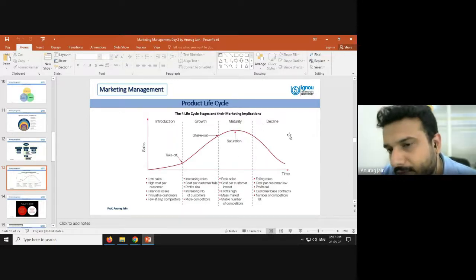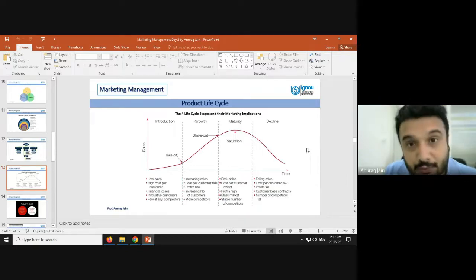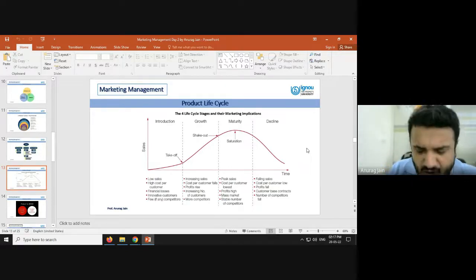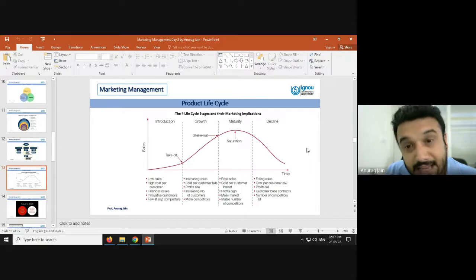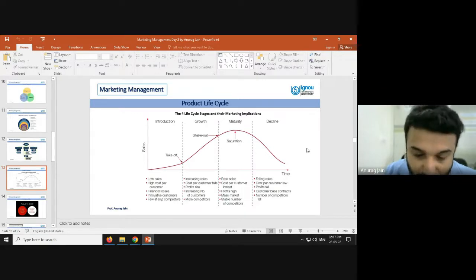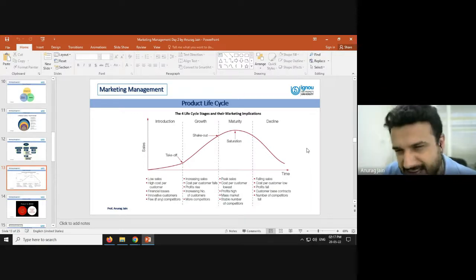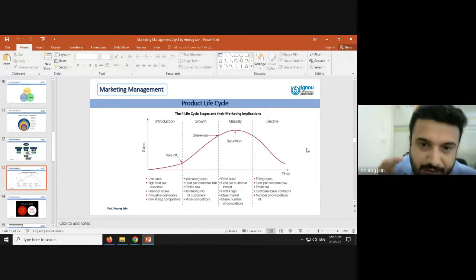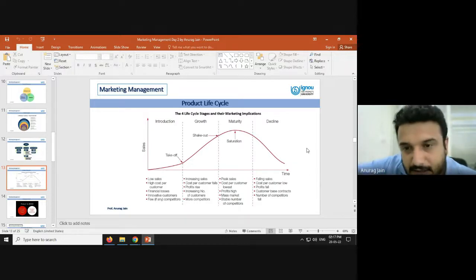But after a few years, you will see there is a decline in the demand because a better or superior product is available in the market, or possibly the technology has been upgraded, or possibly customers' needs have changed. Now customers no more require those kinds of products, and that is the possible reason there is a decline in the demand of that particular product. So each and every product passes through these different life cycles, and this is a possible case.